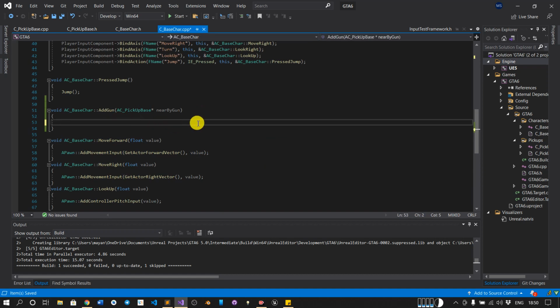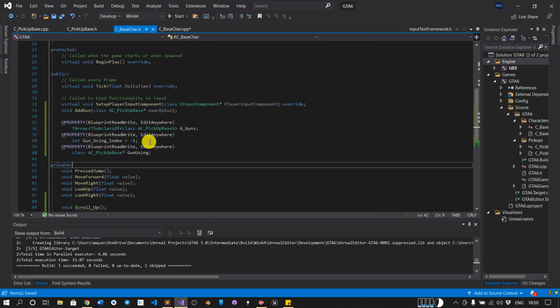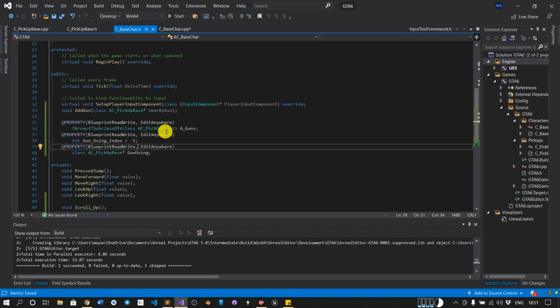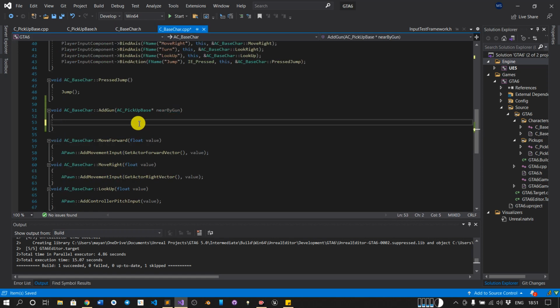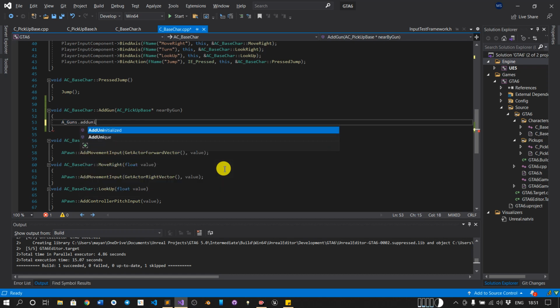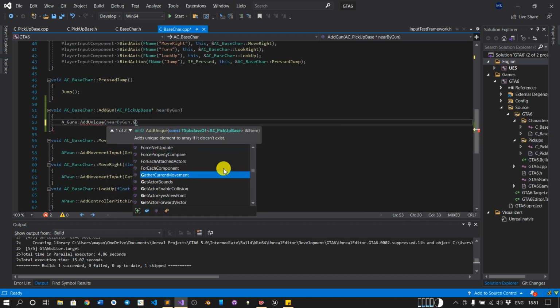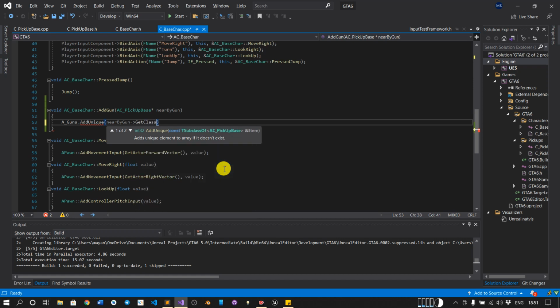So in the add function, we will add this gun in our array, but the array is of type class, which is a pickup base. So what we will do: A underscore guns dot AddUnique, and nearby gun dot GetClass.